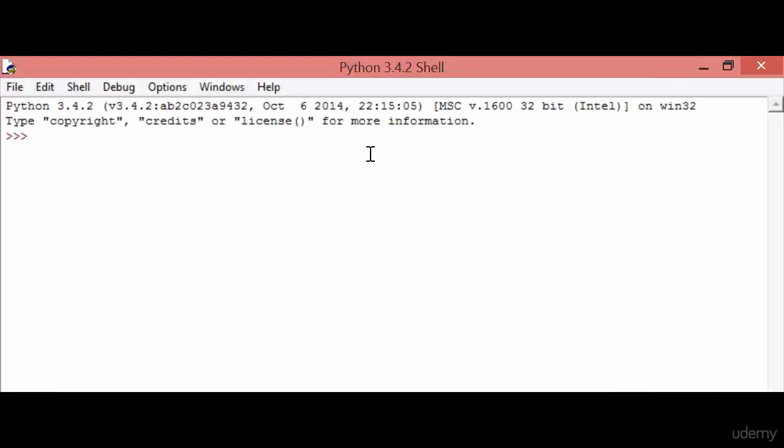Here I opened a Python shell and now I'm going to execute some examples. After that I'll explain. Firstly, I'll represent the string in double quotes. So here we get the result, which is a string value. Now again I'm going to give the same value in single quotes. So we get the same value as in the previous one. So this is all about a string.